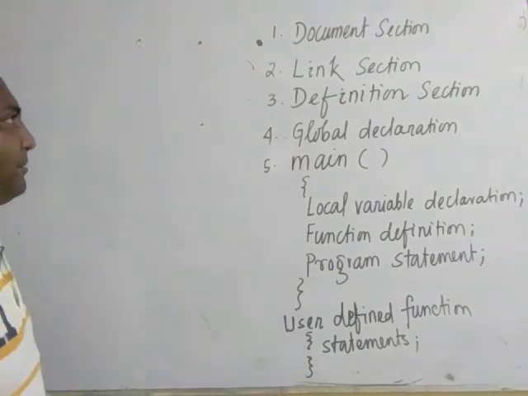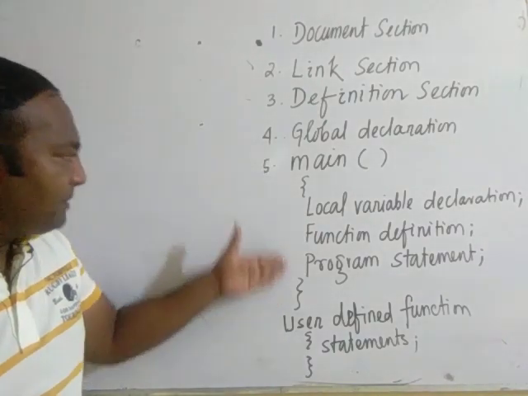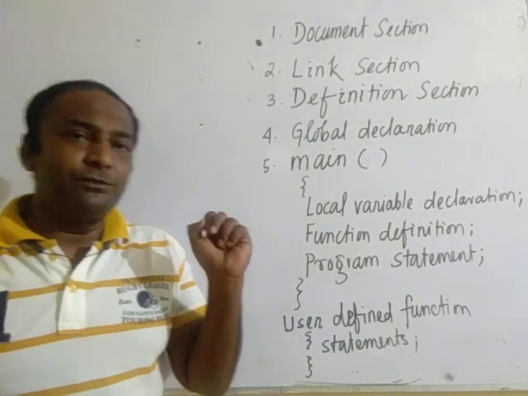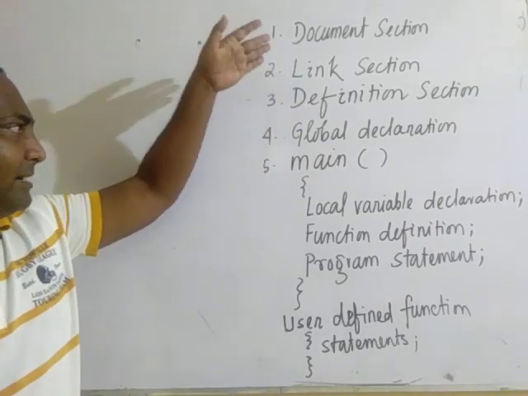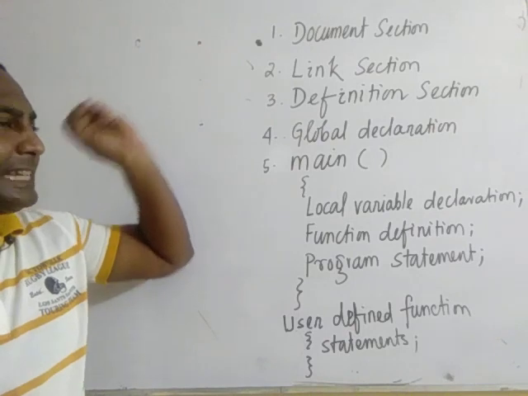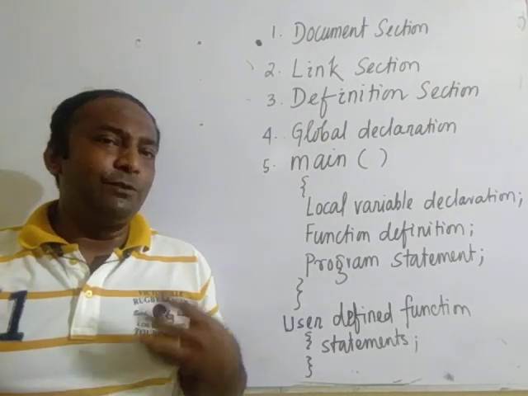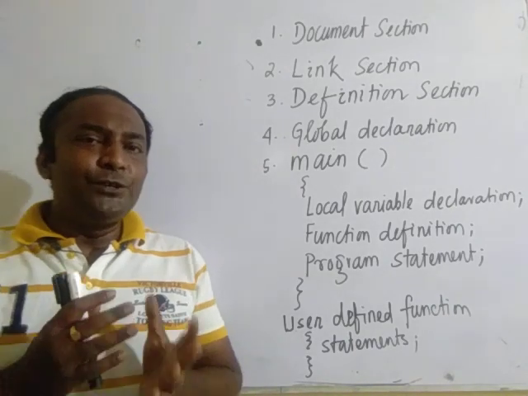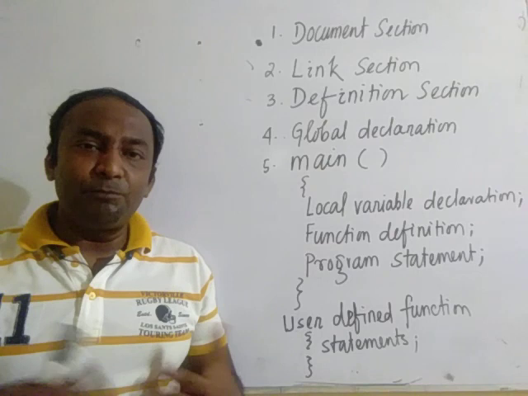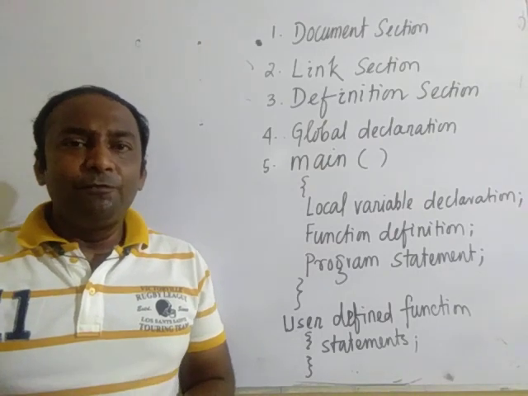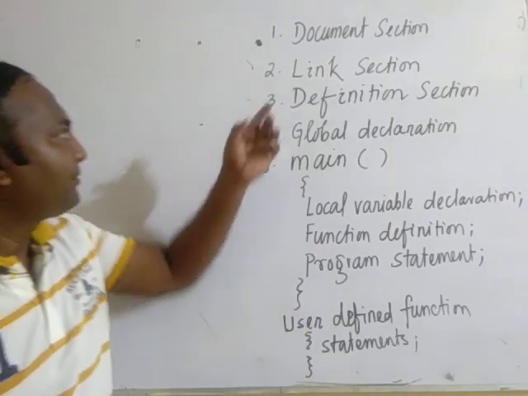This is all about the structure of a C program, where the main part is the main function part. In this part the program execution starts. The documentation section, linking section, global variable declaration, definition section, all these things are not compulsory in nature. That means we may have those or may not, but we should use them. We must use the documentation section for the betterment of the programmer and the other users for which the program may be used at a later stage.